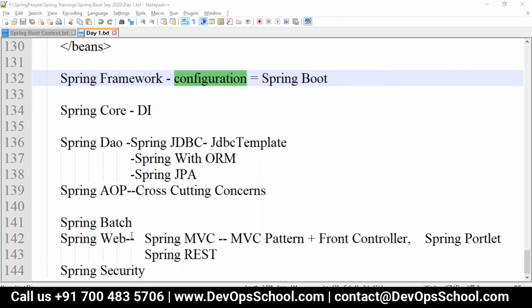I'll give an introduction to Spring Boot itself, and then we start with Spring DAO and Spring Web. Then I'll add Spring AOP, one module at a time. Is it okay? Yeah, sure. Then tomorrow we'll connect at the same time, no? 8:30. Yeah, that's good.